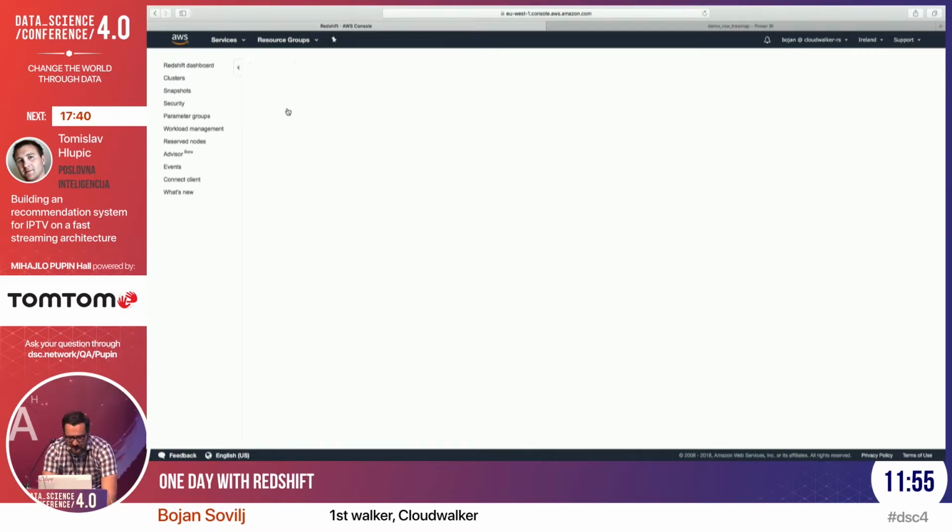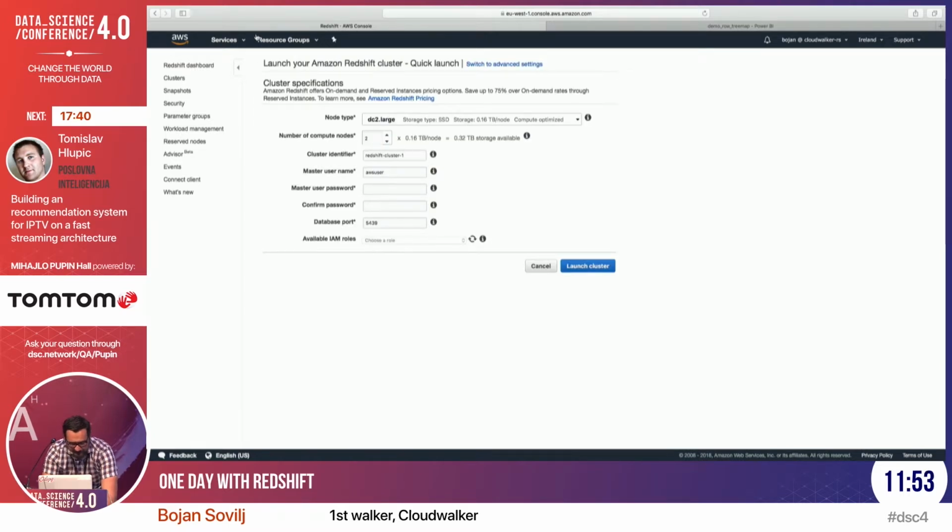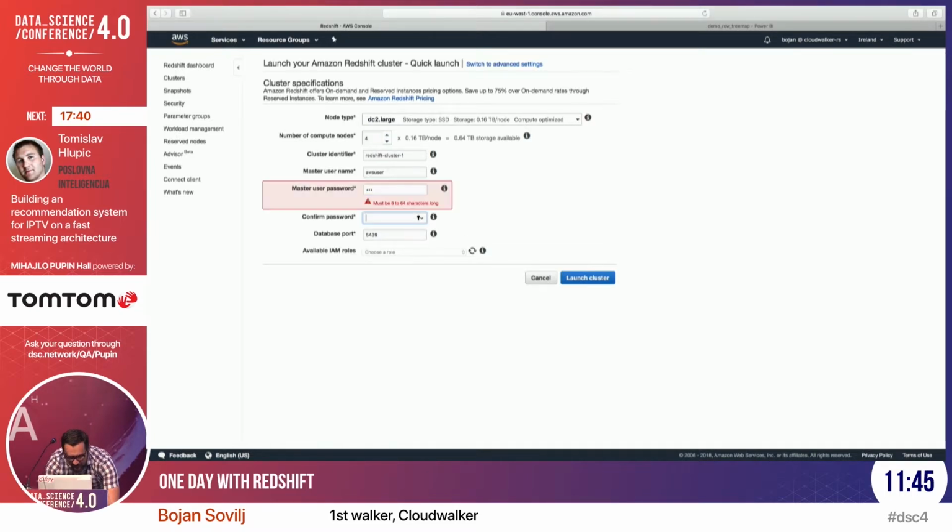I can quick launch a cluster. I can say how many nodes I need. I can select, oh, this is now a problem. But if I select, let's say, 4 nodes and click here, launch cluster, I will have a cluster